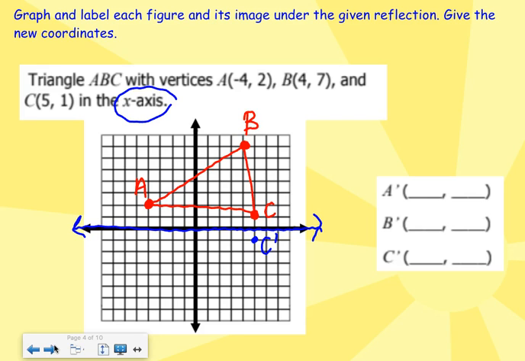B is 7 away. So 1, 2, 3, 4. B prime. 2 away. Yeah, we did this last week. We just took it and we just copied it down. Our cookies just sweet bread. I do 8 cookies, but